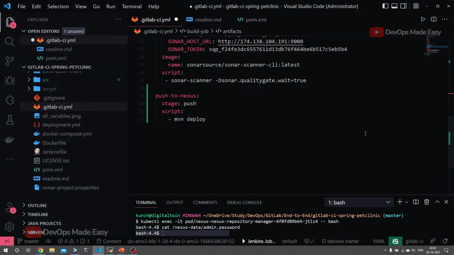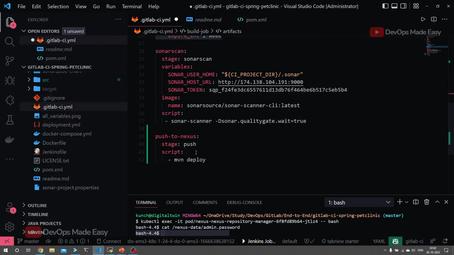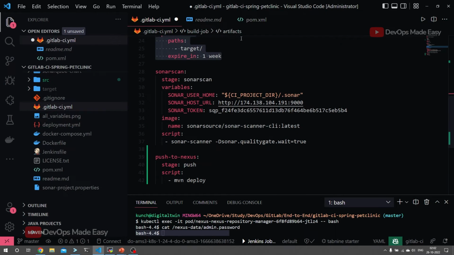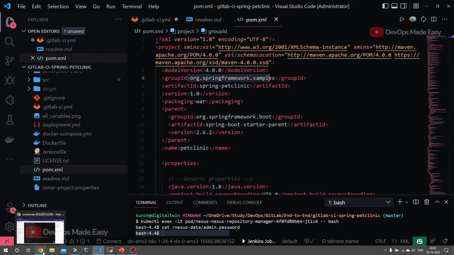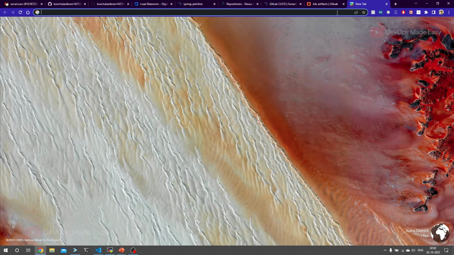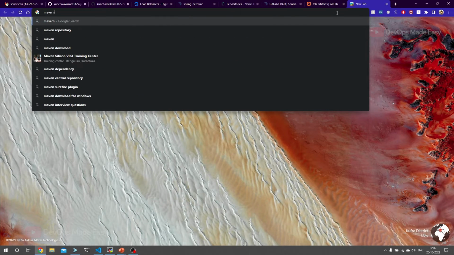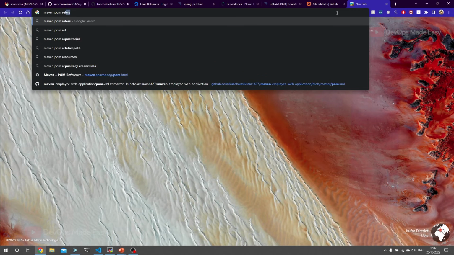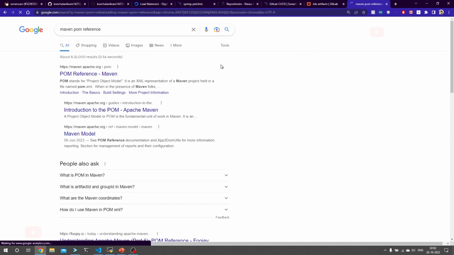But the main question is what are the various changes that we need to make. The first thing we need to do is make pom.xml file changes. If you go to the Maven pom reference, you'll have various options regarding this pom file. One such option is the